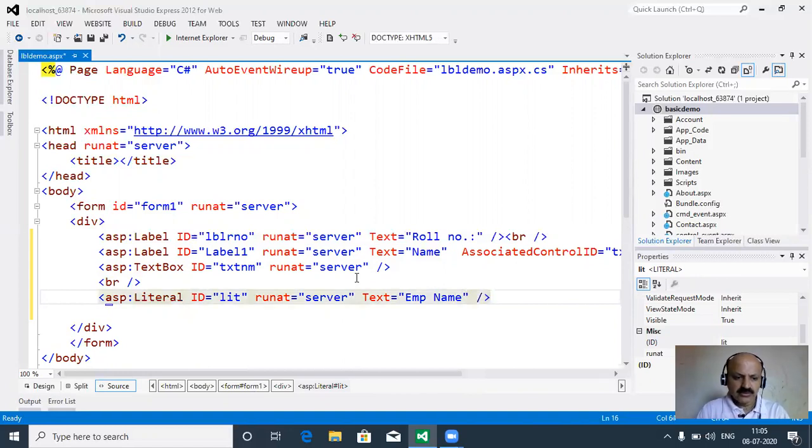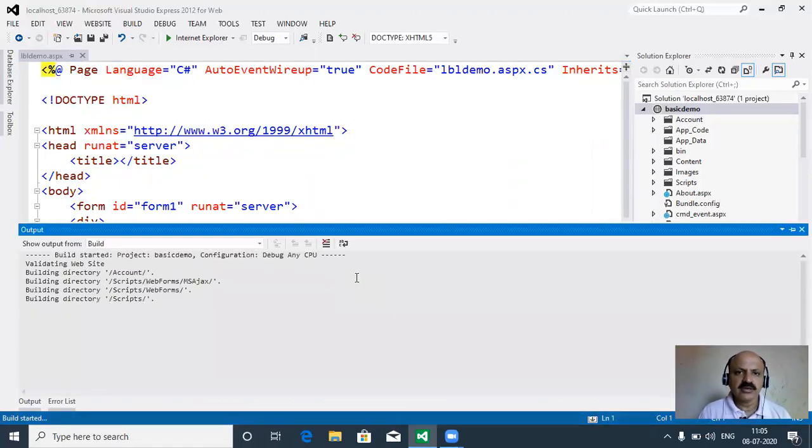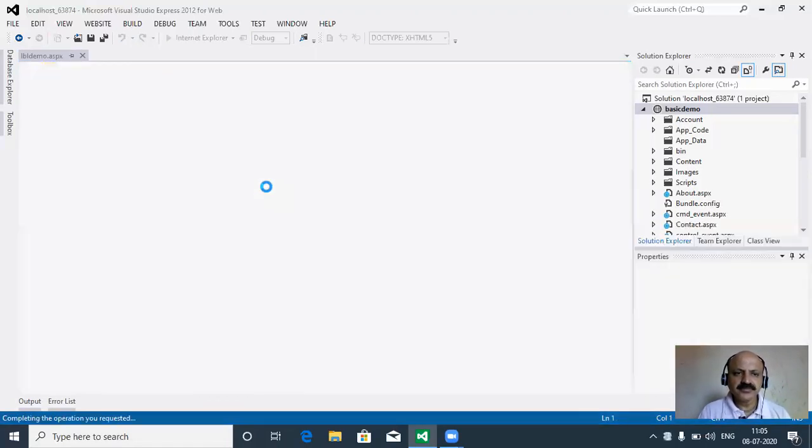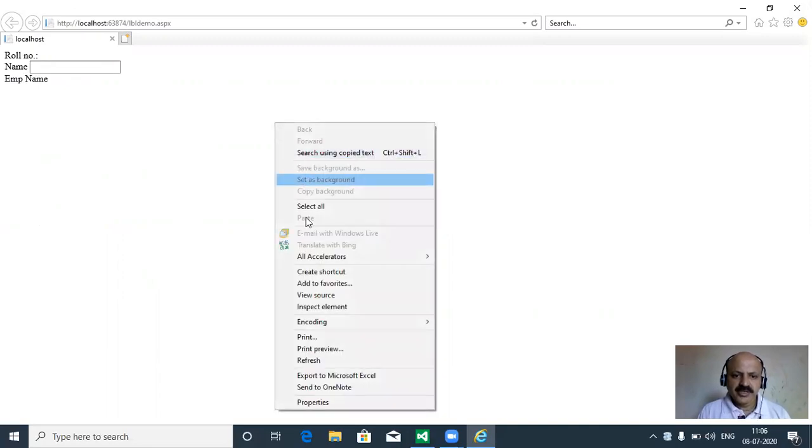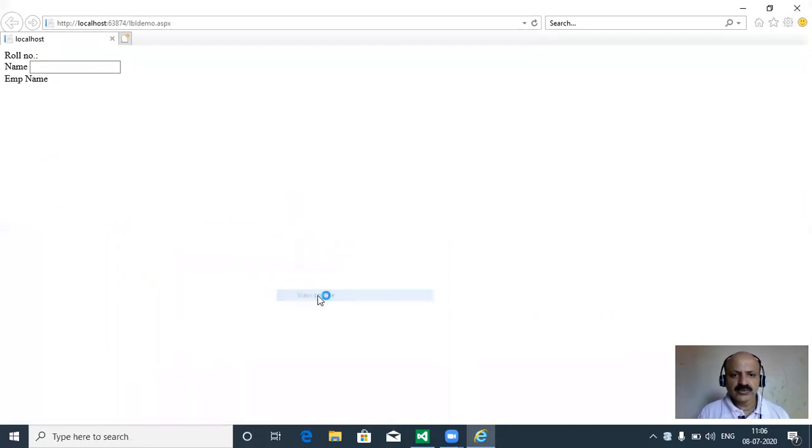Okay, so let us check the first difference in the runtime. So here this is label, and this is emp name, a literal. Just right click on the web page and we see the view source.